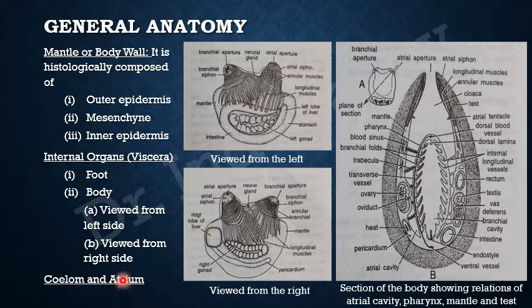Now come to the coelom and atrium. Now what is coelom? Coelom is the body cavity which is present inside the organs of the animal. So this is the pharynx, and the cavity inside this is the coelom. But the cavity outside the true body is not the coelom. The true body is the pharynx, and then it continues into the stomach, intestine and rectum, and these are depicting the main body.